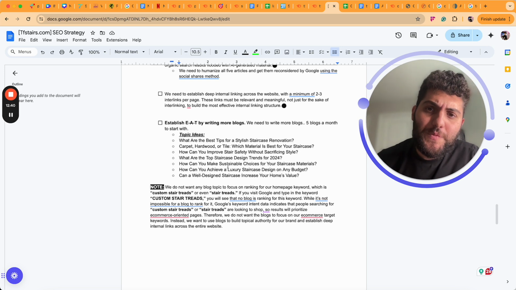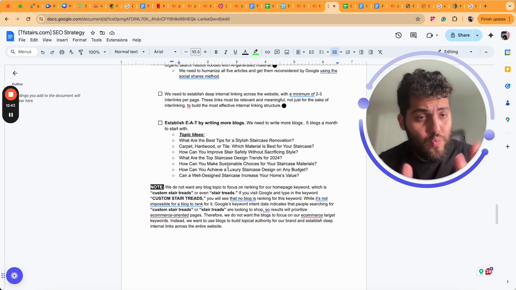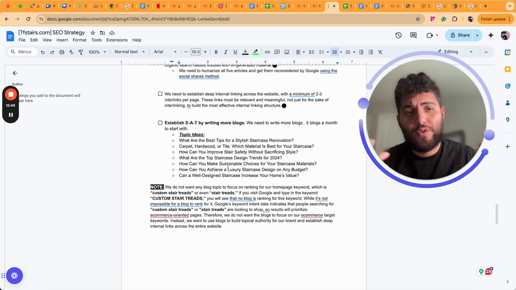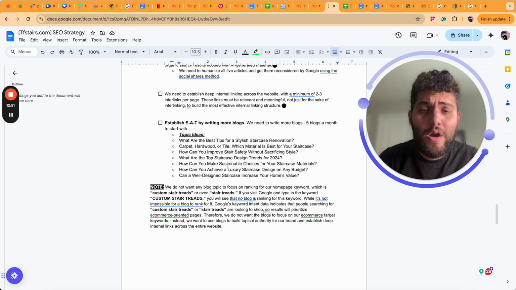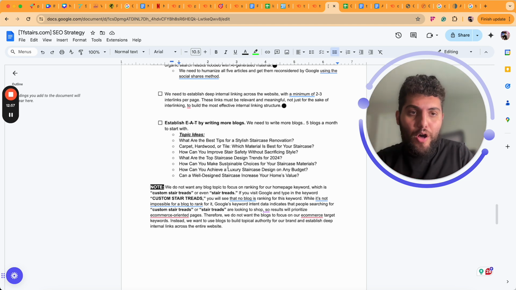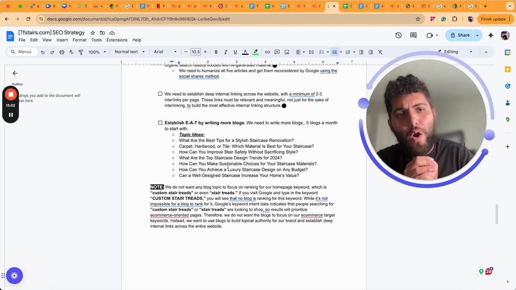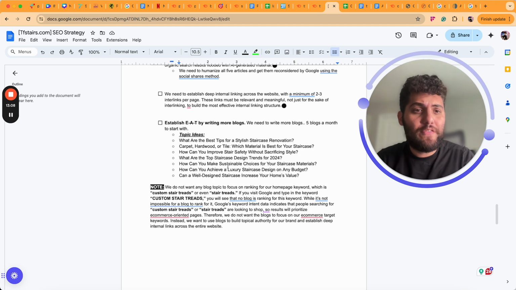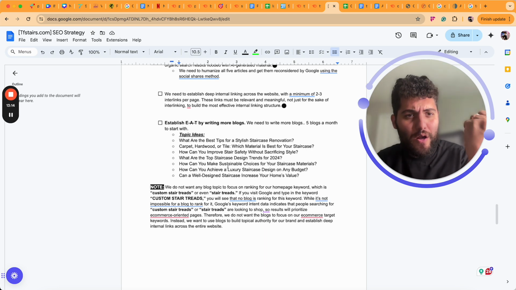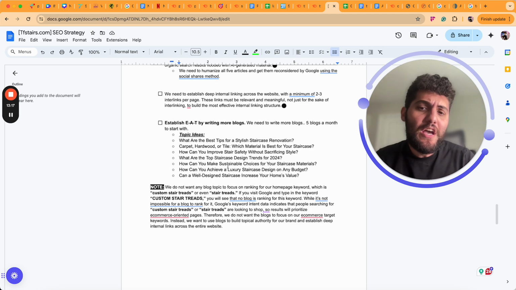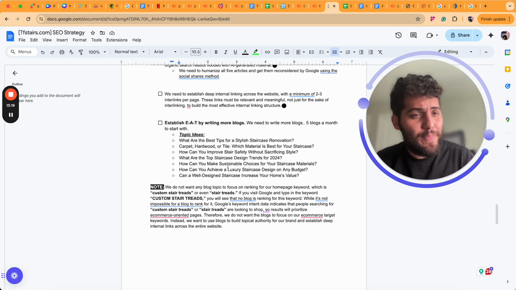Next thing that we need to do is establish the EAT, which is expertise, authority, and trustworthiness. This is something that Google has been emphasizing for the past couple of years now. And the way you do this is by topical authority. Topical blog. And what that means basically is for you to really show that you are a true expert, and then based on the quality of your articles that give information to search users that land on those articles and stay there longer and share your articles, get more social shares,